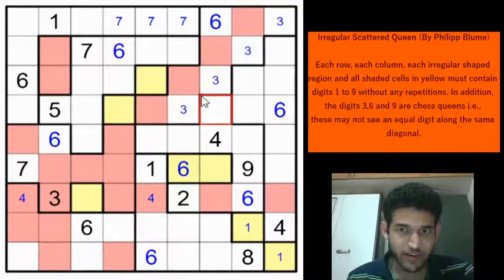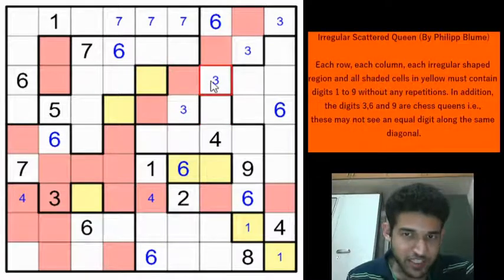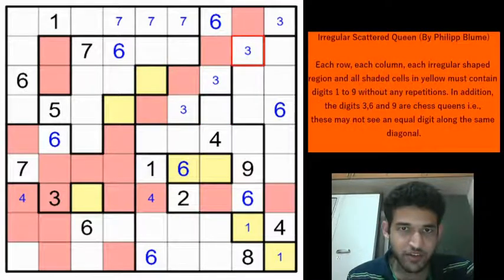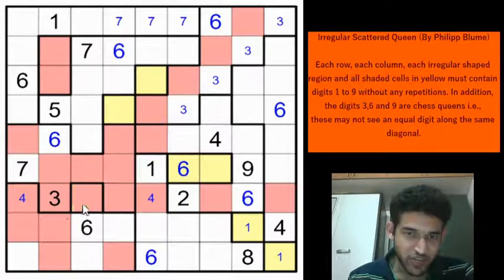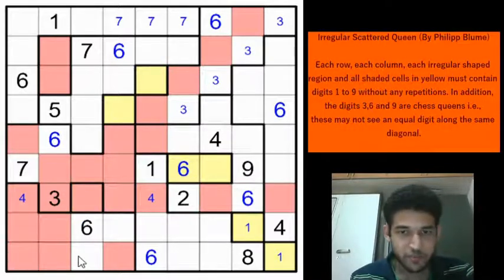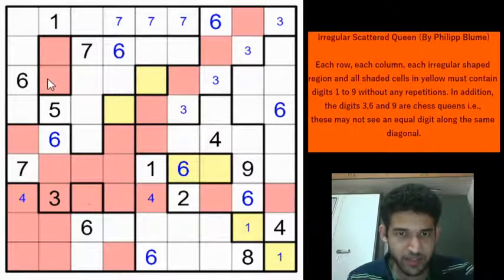What a beautiful pattern. So which means that whichever cell this 3 is in, we can eliminate these cells, right? Because it is in the same diagonal. So that gives us some more cells which we can eliminate. So as long as we remember that these are one cell shaped regions, we won't be confused. So right, we have eliminated some more 3s now. Okay, let's